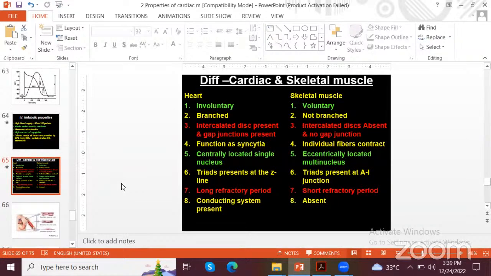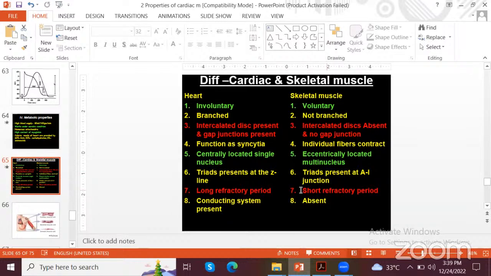Let's take a small look at the difference between cardiac and skeletal muscle. The cardiac muscles we have seen. Coming to the skeletal muscle, they are voluntary in nature. They are not branched. There is an absence of intercalated discs and gap junctions, and individual muscle fibers will contract in skeletal muscle. No syncytium or functional unit is present. The eccentrically located multiple nuclei are present in skeletal muscle. Triads are present at the A-I junction,